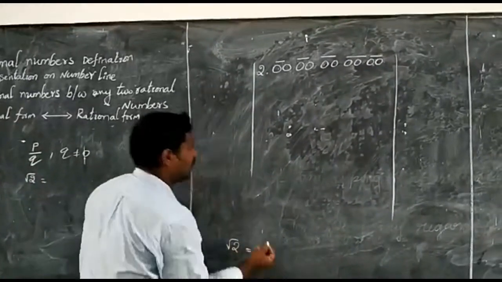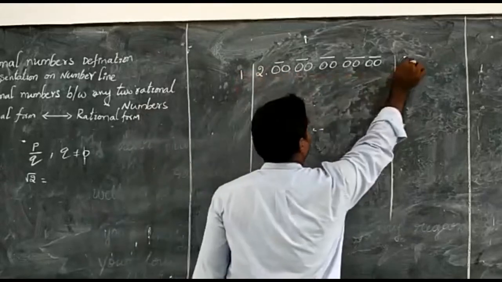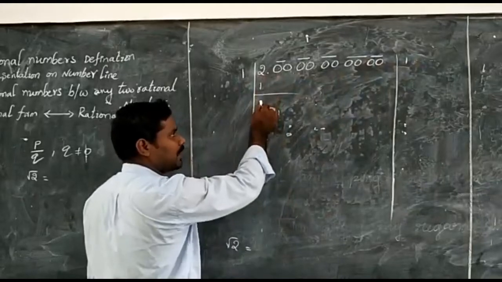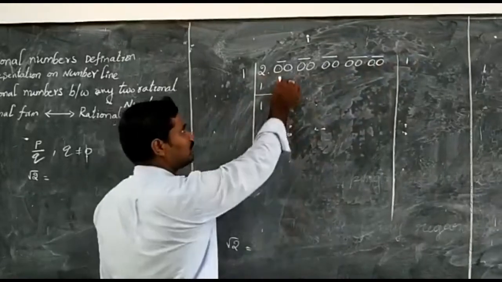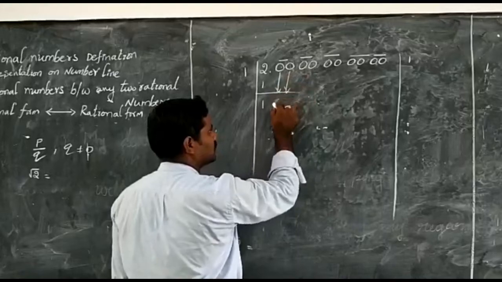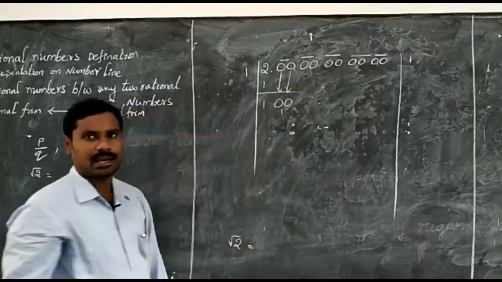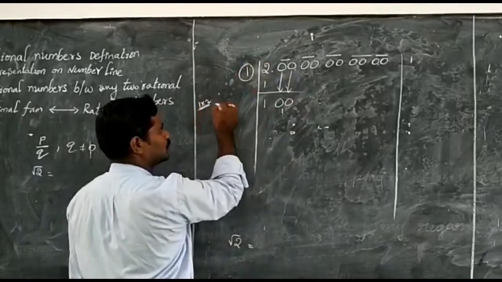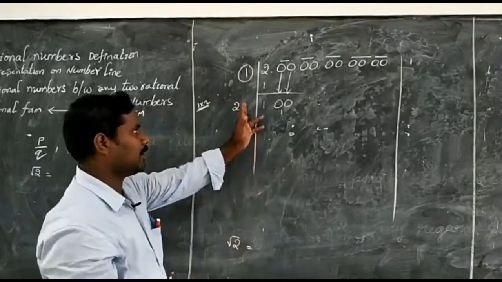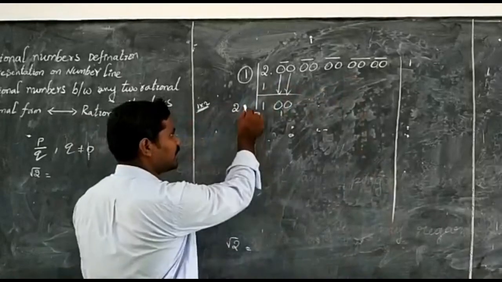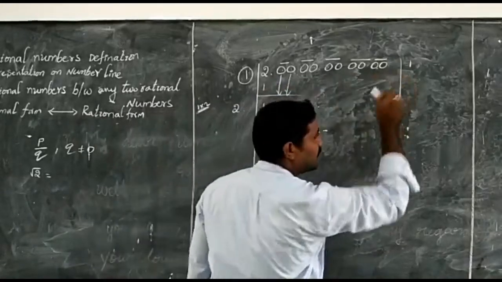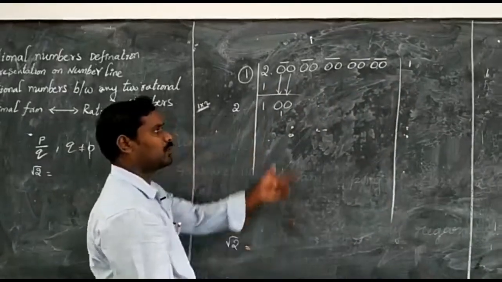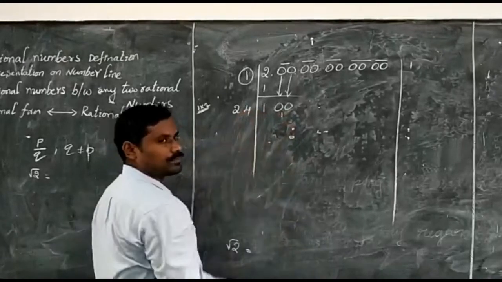Now I am taking 1, 1 ones are 1. Now 2 minus 1, subtract, what is the value? 1. Now the next two numbers are 2 zeros, so the number is 100. Now double this number, 1 into 2, it is 2. Now take the same number here and there. If you take 4 here, 24 times 4. Otherwise 5, 25 times 5 is 125, more than 100. Now I am taking 4.